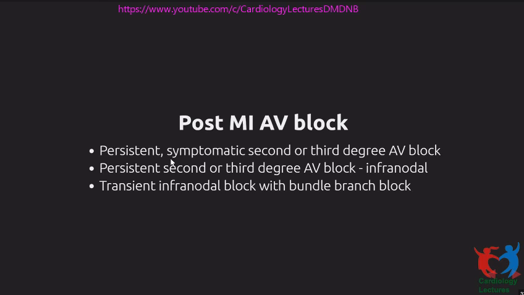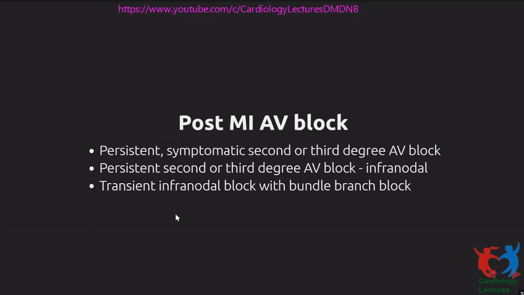Now, if they are asymptomatic and you have second degree AV block, then you have to see whether they are infranodal. Typically, AV block in some of the inferior wall MIs is very clearly nodal. You can see a Wenckebach kind of block, you can see a narrow QRS, so there you would not need to pace them. Whereas if it is infranodal, then you need to pace.